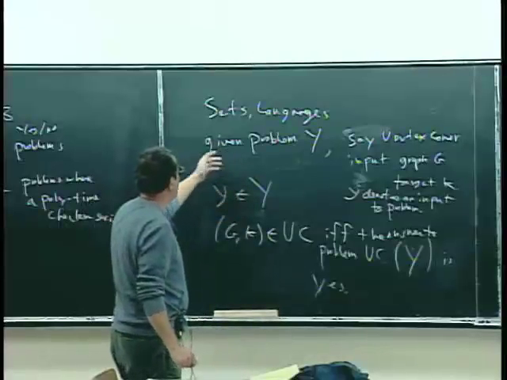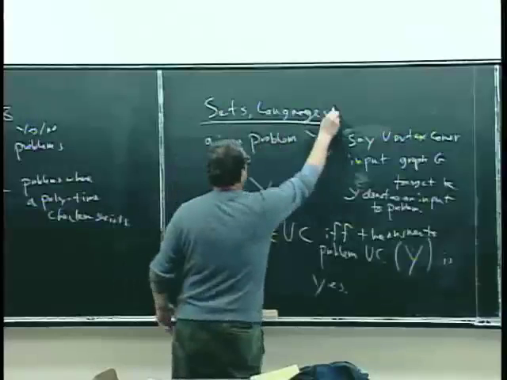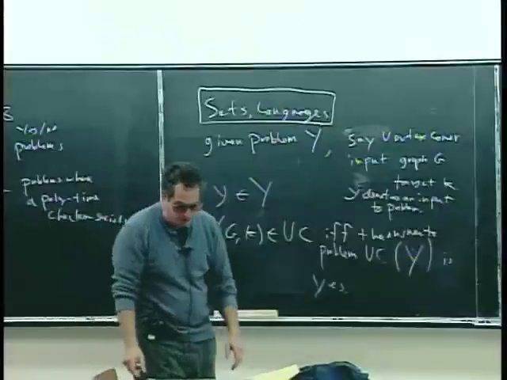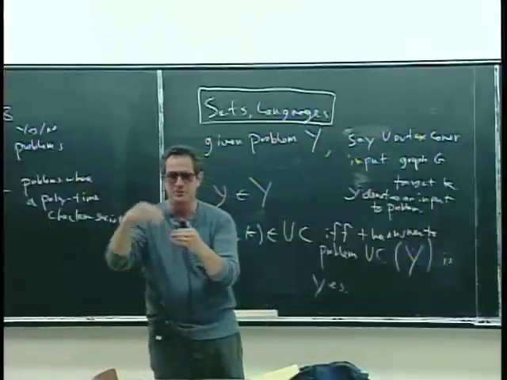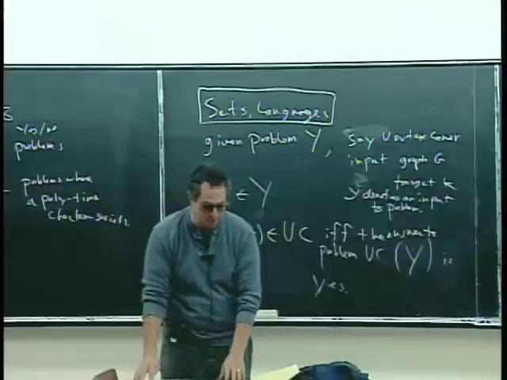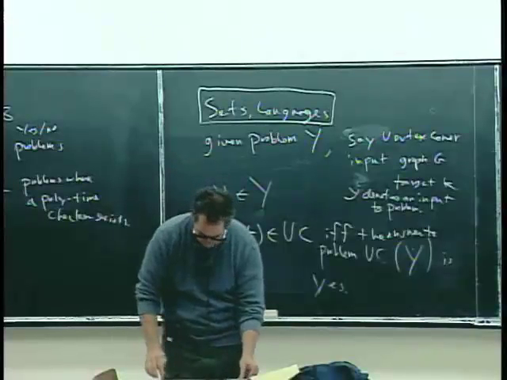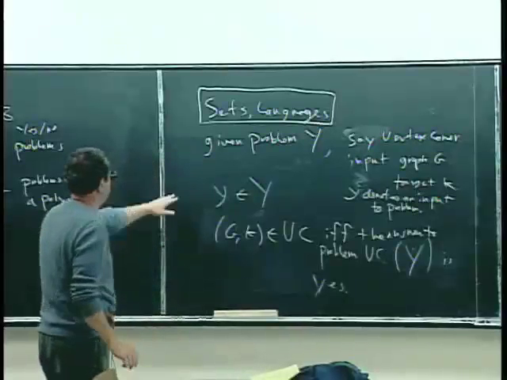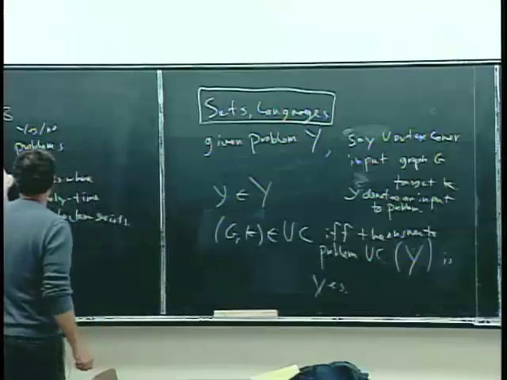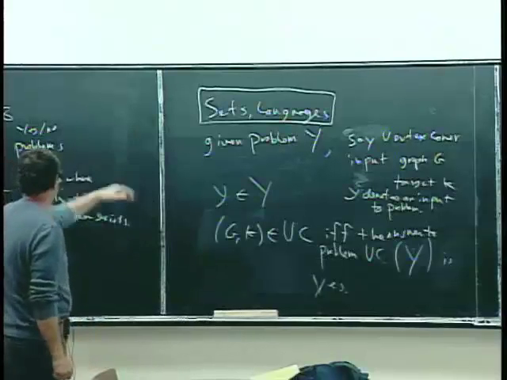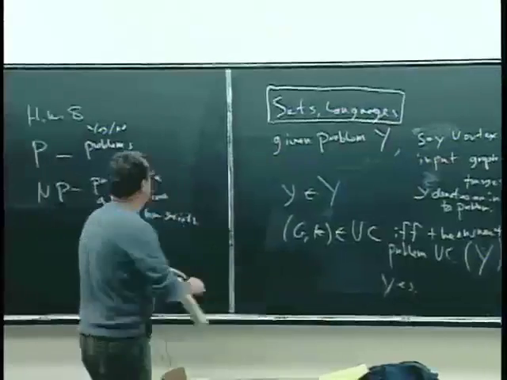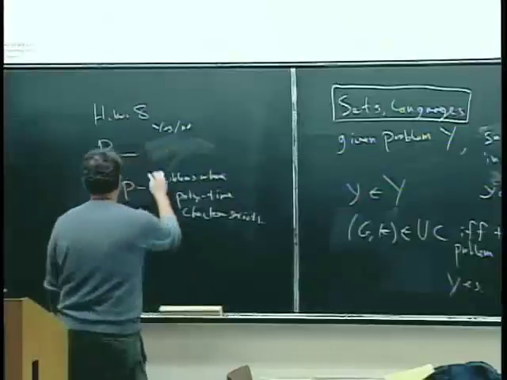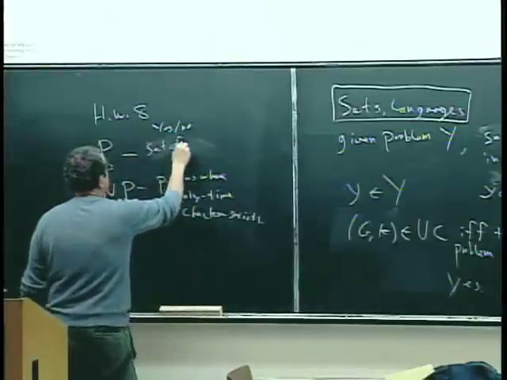So we're not talking about problems anymore. We're talking about sets and languages. Okay? Everybody get that? You have to be a mathematician to love this level of additional abstraction where you just make things more difficult. Okay. Actually, there's a really technical point why this is valuable to look at this way. So P is the set of languages. Now we don't think of problems anymore. It's the set of languages